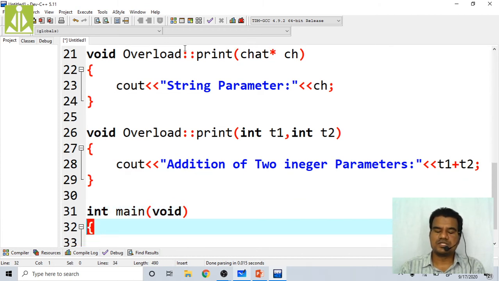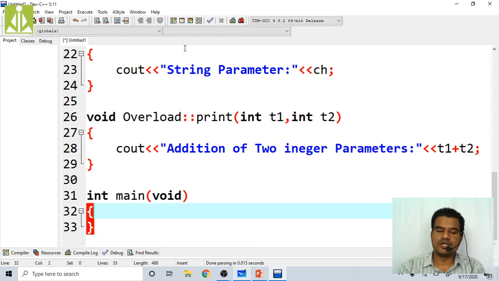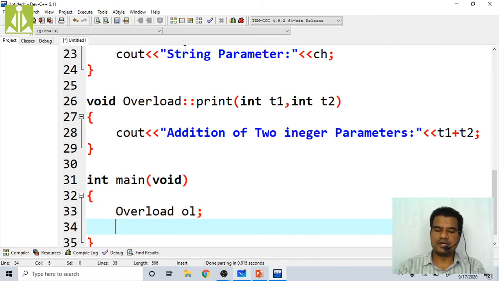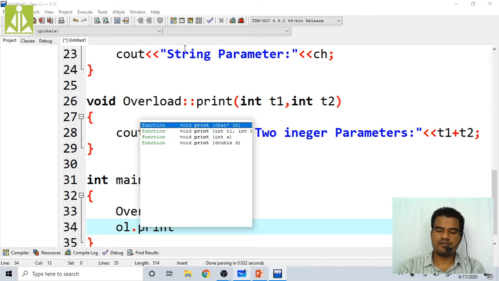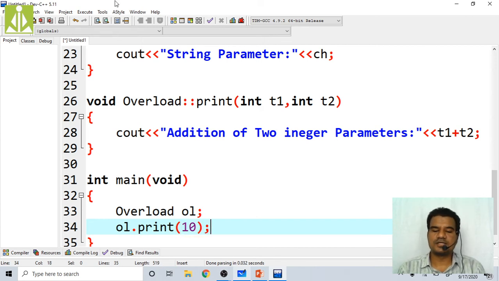Okay, multiple definitions to the same function name but with different arguments and different bodies, isn't it? So first, I have to create the object: overload ol. I have created the object. Now ol.print(10), which function call gets invoked?